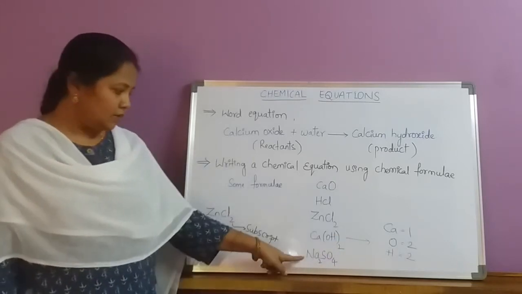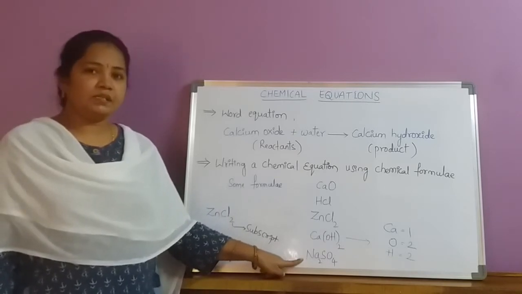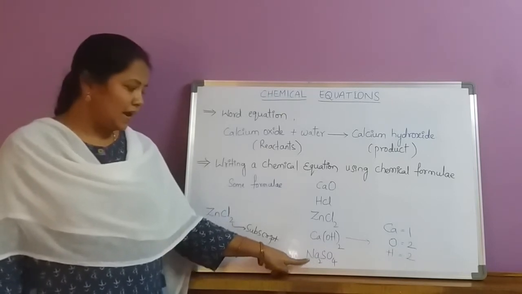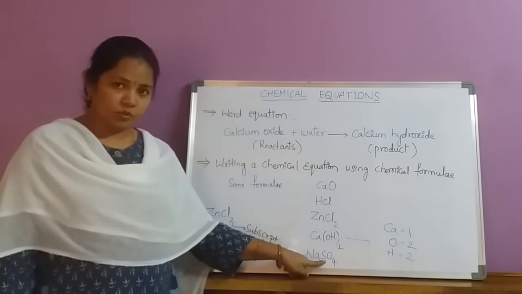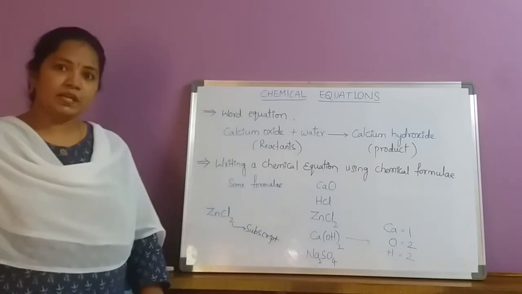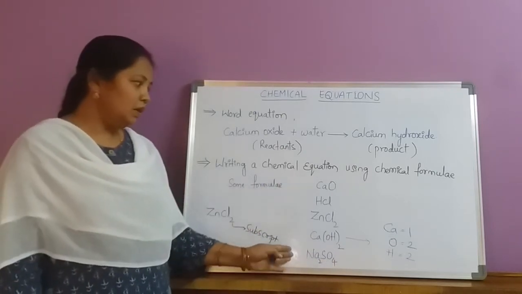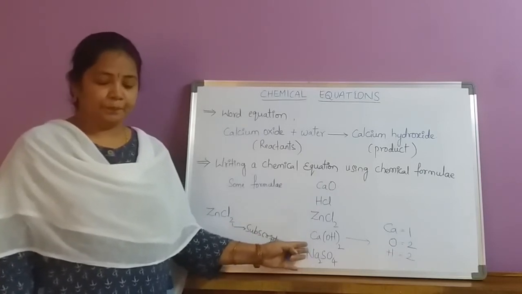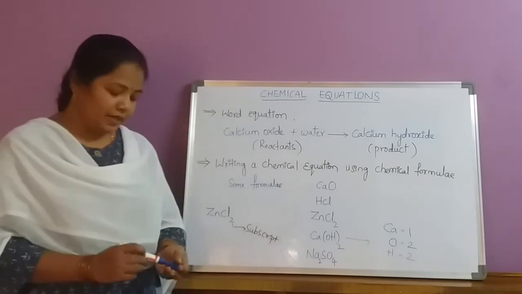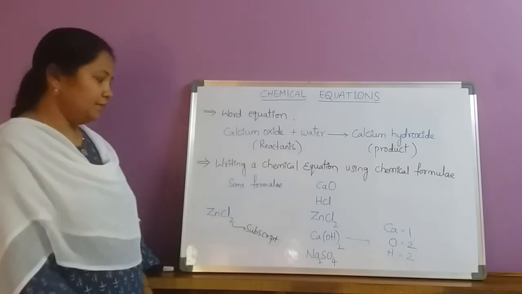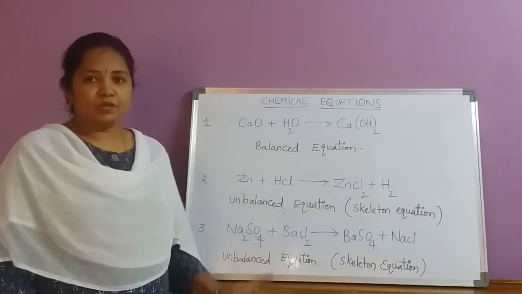Similarly, you see another formula. This formula represents one molecule of sodium sulfate, Na2SO4. It indicates that a molecule of sodium sulfate contains 2 sodium atoms and 1 sulfur atom, as there is no subscript for sulfur, we can take it as 1, and 4 oxygen atoms. Is that clear? So this is the way we represent substances or molecules by using their chemical formulae. Now, by using all the chemical formulae, we can write the chemical reaction in this way. Now, observe these chemical equations.